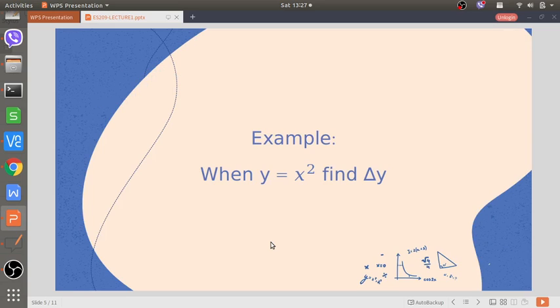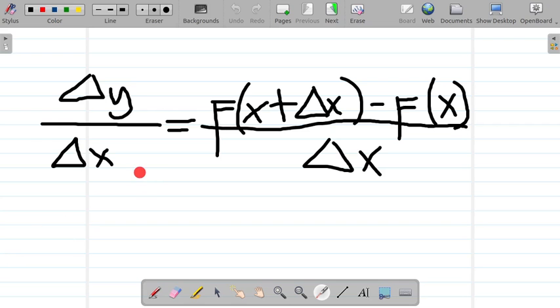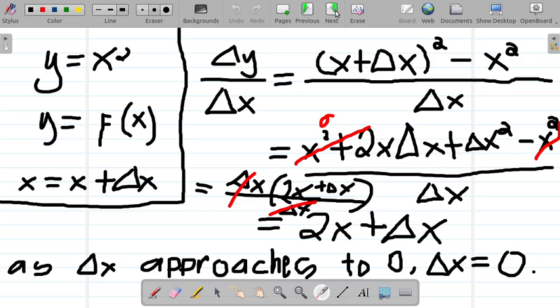So, example, given nga y is equals to x squared. So, pangitaon nimo ang change of y. So, more ni formulas. Change of y over change of x is just equal to f of x plus change of x minus f of x over change of x. So, next is the solution. So, given nga na kay y is equals to x squared, which is y is just equals to f of x, then x just is equals to,